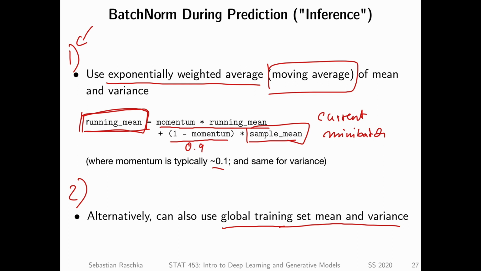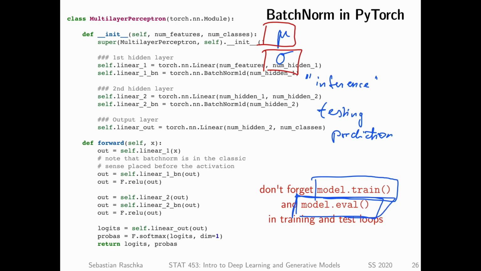You don't have to compute something on the whole training set, because sometimes you have to change your code because you usually can't load your whole data set into memory. So you have to write some extra code to compute the mean and variance, so you have to load each data point at a time. I mean, it's actually not much work, but I think it's just slightly more convenient to do version 1. And this is also what's going on in PyTorch. So by default, when you use PyTorch during testing, when your model is in this eval mode, it will use the running statistics. So it will keep the running mean during training and then apply it during testing.